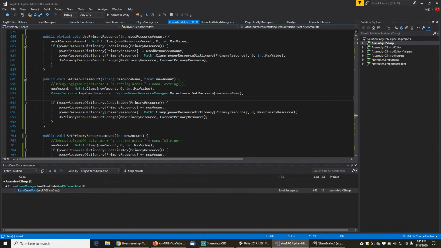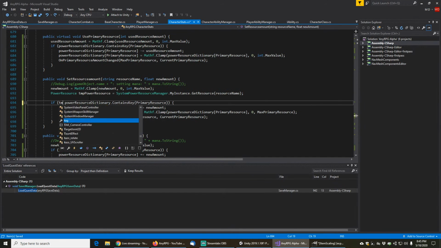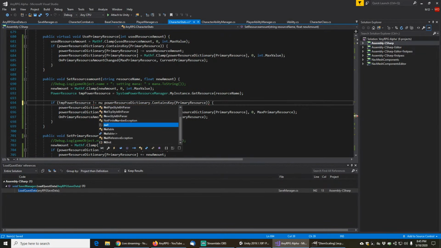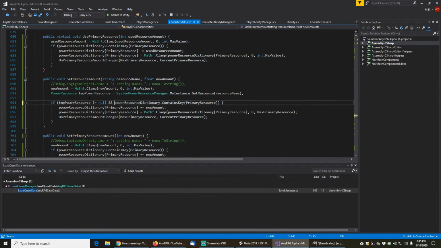And here we can go, let's see, if tmp power resource does not equal null, and power resource dictionary contains key tmp power resource, then we're going to set these